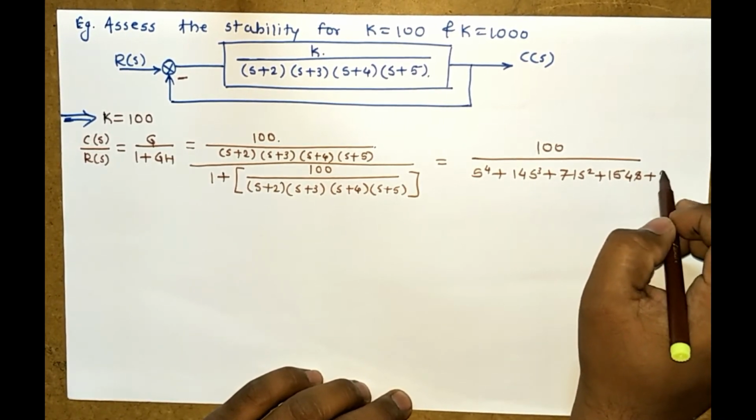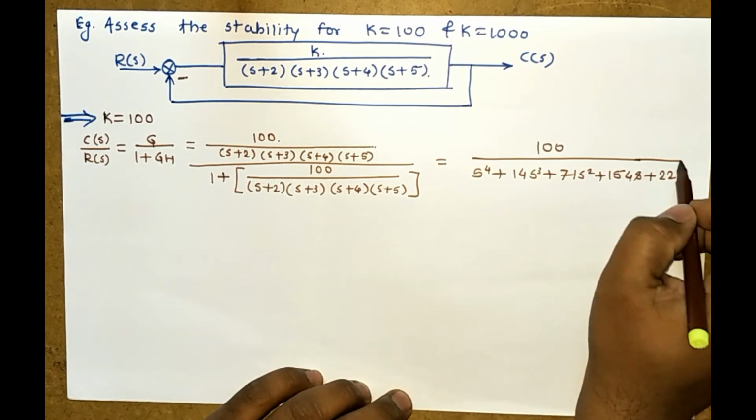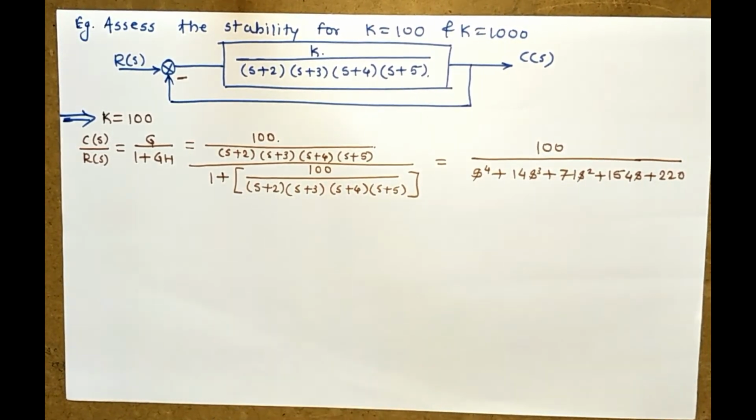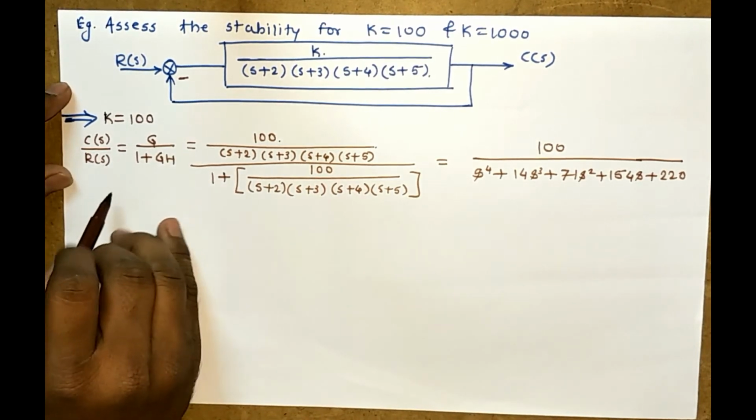The denominator of the transfer function is nothing but the characteristic equation, which is required to draw a Routh array. So the characteristic equation is